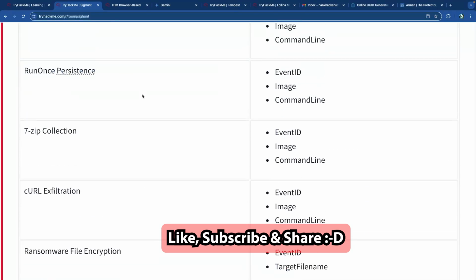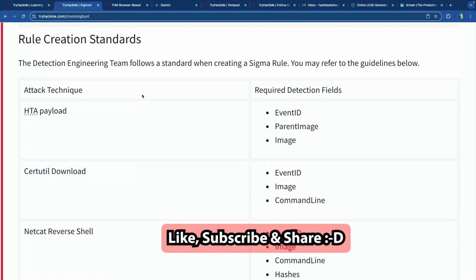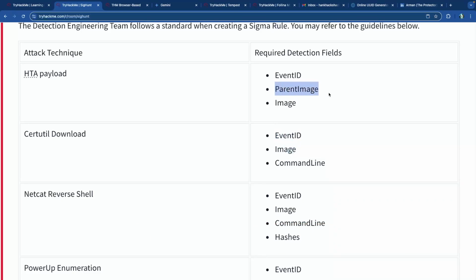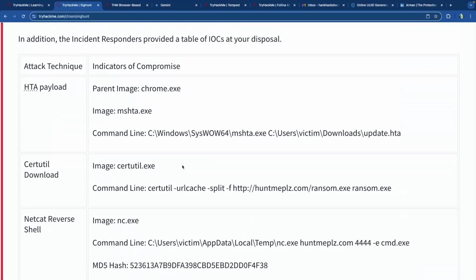For the second flag, this is what we're trying to find right here, which is the certutil download. So this has the event ID, the image. There's no parent image in this one, but the command line is now one of those mandatory required fields as well. So if we go back up here,